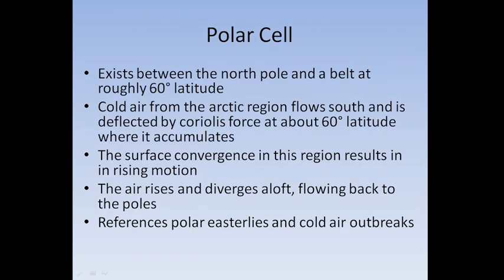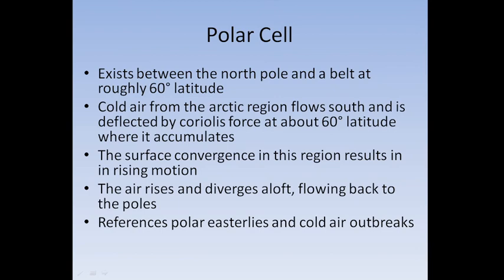And then the polar cell exists between the North Pole and a belt at roughly 60 degrees latitude. Cold air from the Arctic region flows south and is deflected by Coriolis force at about 60 degrees latitude, where it accumulates. The surface convergence in this region results in a rising motion, and then air rises and diverges aloft, flowing back to the poles. References polar easterlies and cold air outbreaks. Alright,